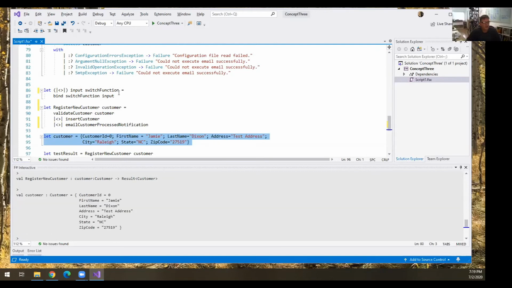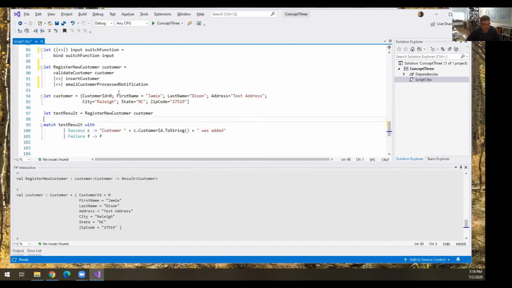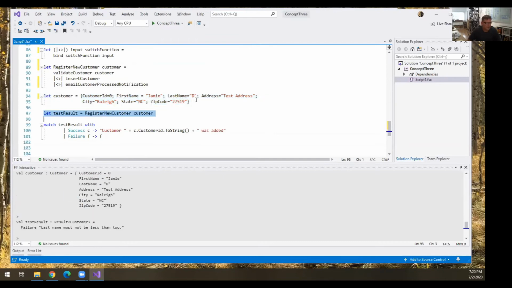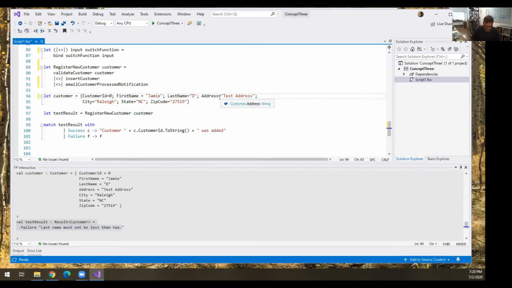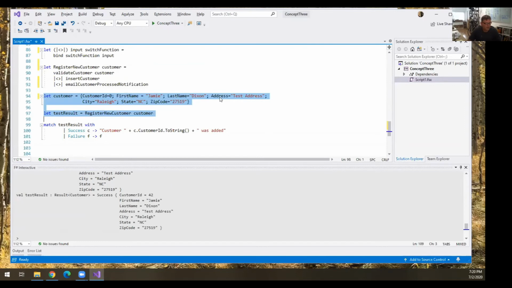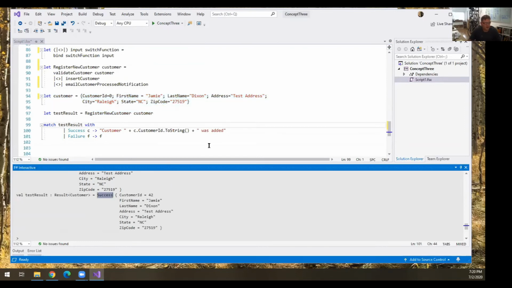Well, anyway, let me press forward with this example. We're now using the TIE Fighter operator, not the bind operator. But I have Jamie Dixon here. And let's say that I only have a one letter last name. So I'm going to do this. And of course, it's going to fail because my last name is less than 2. And then if that's valid, go ahead and run it. And sure enough, I get my success here. And then I would obviously handle that success with a pattern match. Did I get success? Okay, to the screen, yeah, you're inserted.